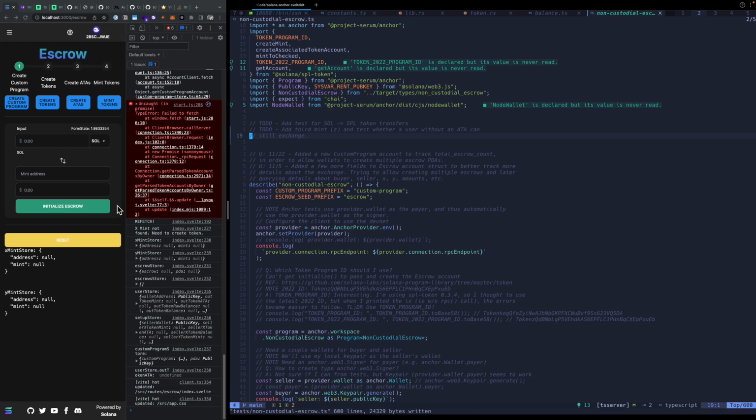I want to first make sure that if a user doesn't happen to have the corresponding ATA, the associated token account, for the particular trade, that it still works. So what I mean by that is like,